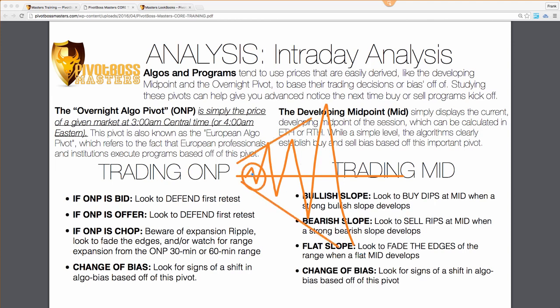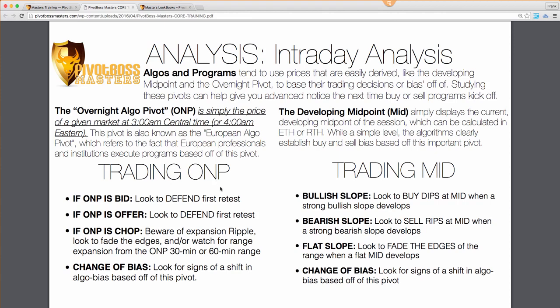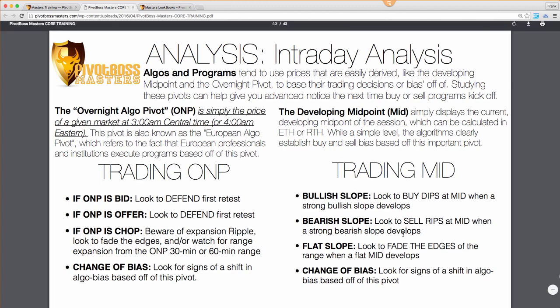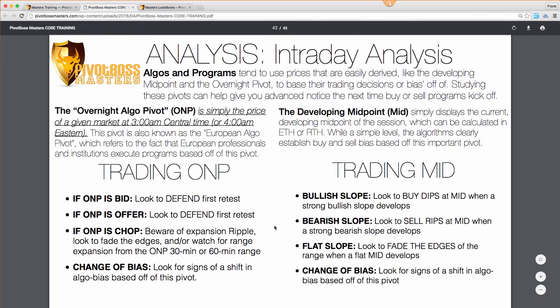If you can understand when this is about to happen, you won't get whipsawed every time price is at one of these extremes. And as a matter of fact, you may switch your bias to be fading extremes and actually make money. So, in the premium trading room, we're pretty good about identifying that ripple right away and then getting us on the right side of not being whipsawed and perhaps fading new highs, new lows. And again, the change of bias here, you got to look for signs of a shift in bias. And each of these indicators are the same thing as all of them are.